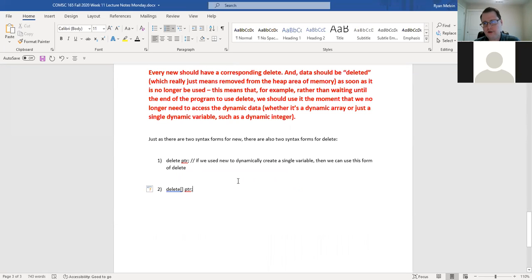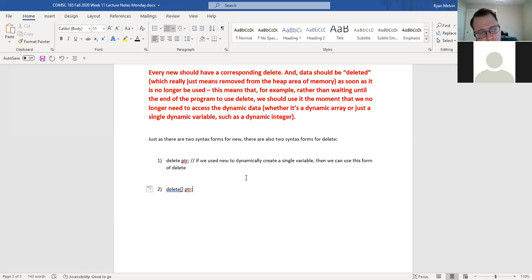And so what that's going to do is make sure that the entire array gets cleaned up. The pointer itself, we know, only points to one address at a time, in this case the beginning address, but it's going to make sure that that entire array gets cleaned up,